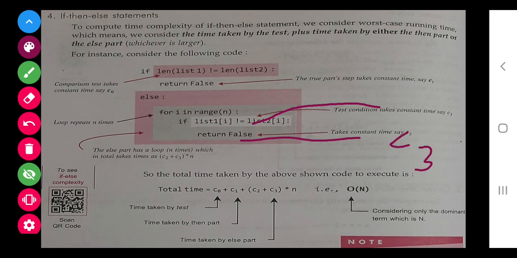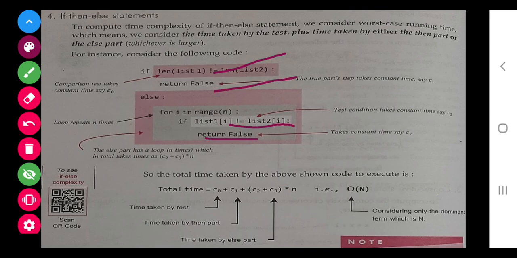So C3 plus C2, this one into n. So finally this is C0, this is C1, then under the else statement two statements are there, that is C2 plus C3, but they are under n steps, so C2 plus C3 into n. So this is the big O notation.